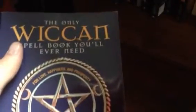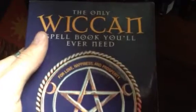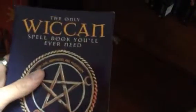Okay, got it. Okay, and then this little book, I'm not even sure if you can find this book anymore. My mom got this book, I want to say like 23 years ago, and I wasn't even born yet. But it basically goes over a basic introduction to what Wicca is, and then simple spell casting, and also tips and warnings about using spells. So it's a cool little book. Okay, so